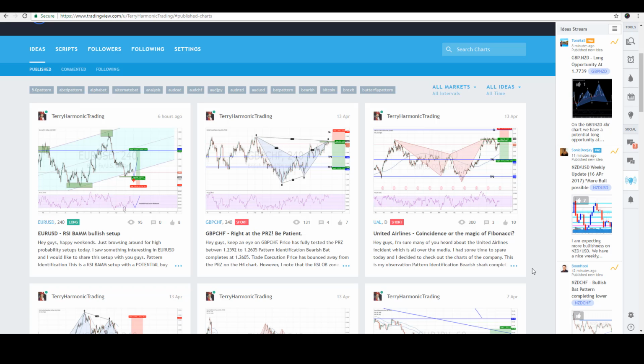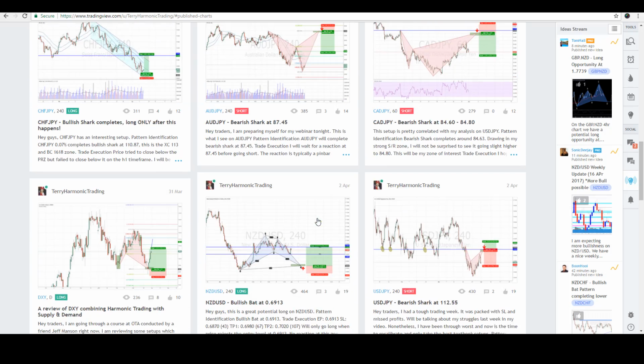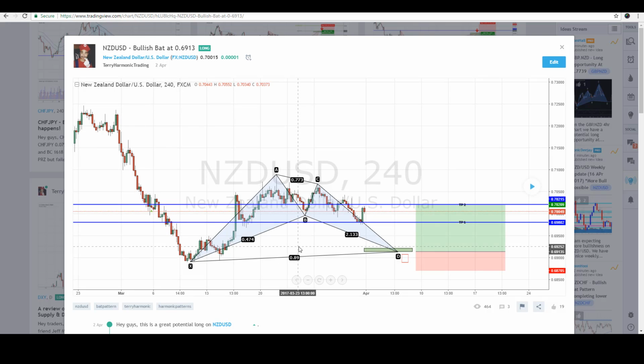So I'll start off by reviewing some setups that I talked about 2 weeks ago. The first one I want to talk about is on Kiwi Dollar, where I waited about 2 weeks for this bullish Bat pattern to complete. If you attended my webinar just last Wednesday on the 12th, we were actually waiting for this setup to complete on that very day. So what happened eventually was the price came down to our reversal zone and